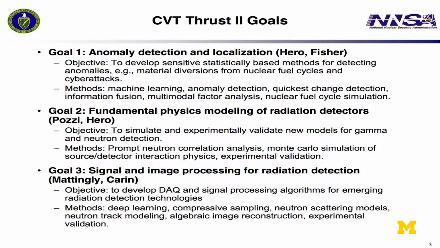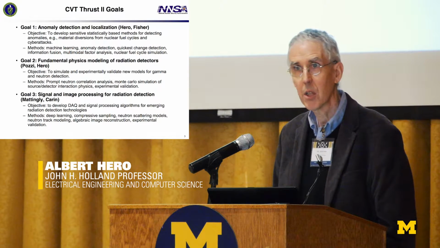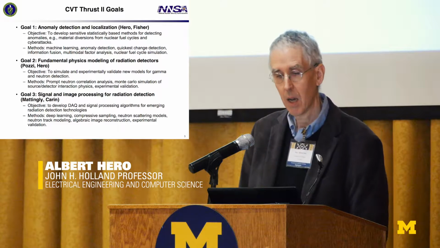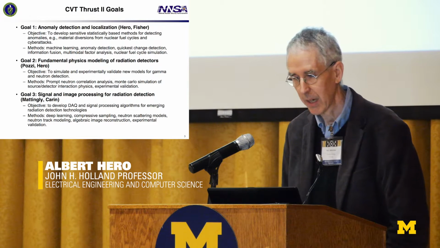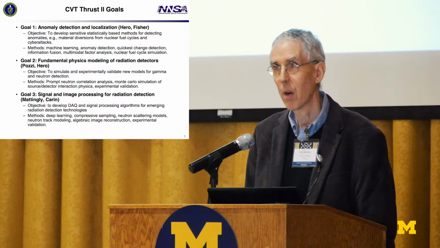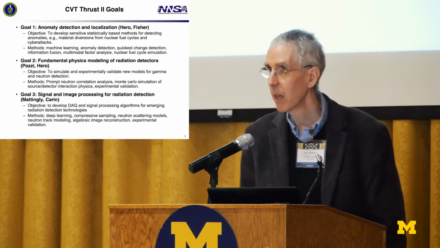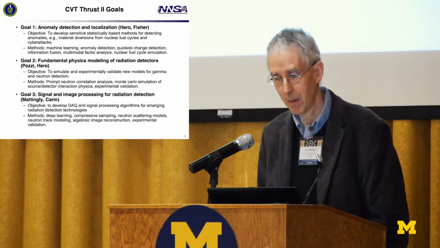Fundamental physics modeling, radiation detectors, so new types of algorithms and models to improve the efficiency, sensitivity, resolution of radiation detectors, and then image processing and signal processing methods for gathering together and integrating diverse data with massive amounts of